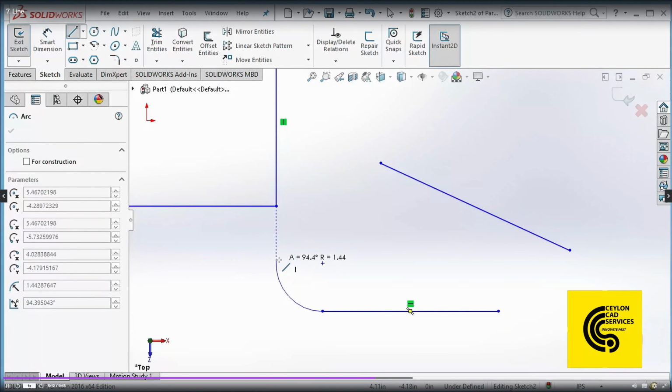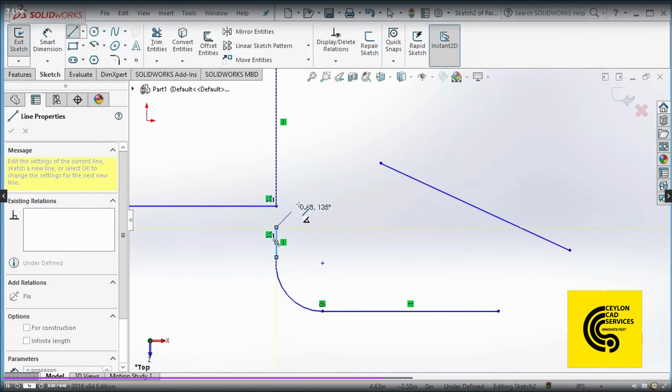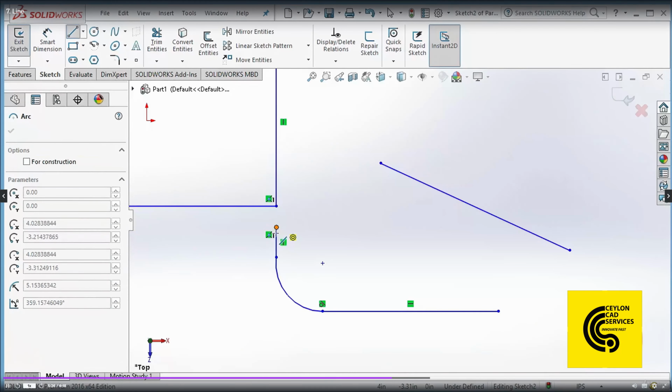an arc. So I can just click here and move up. You can see that I have a line again. Click here and I can go to right. Again, this is line, but I want an arc. So what I do is go back over the previous line, and you can see that this line now changes its color. Now if I go to the right, I can see that I am drawing an arc, and this